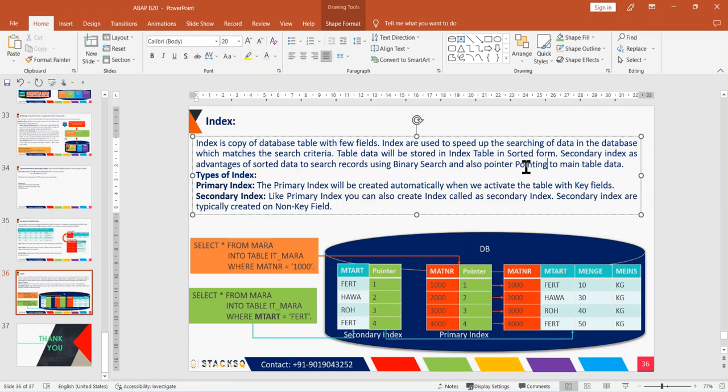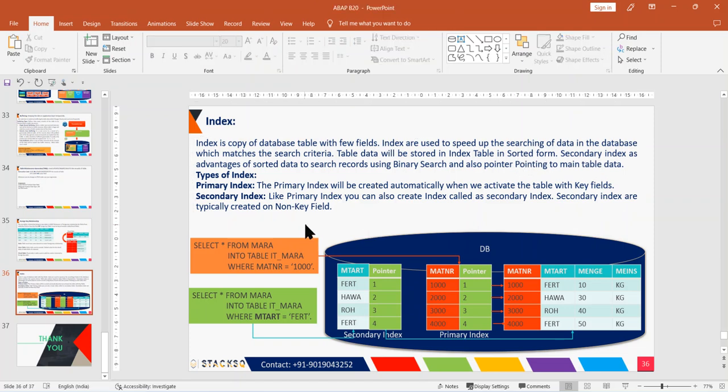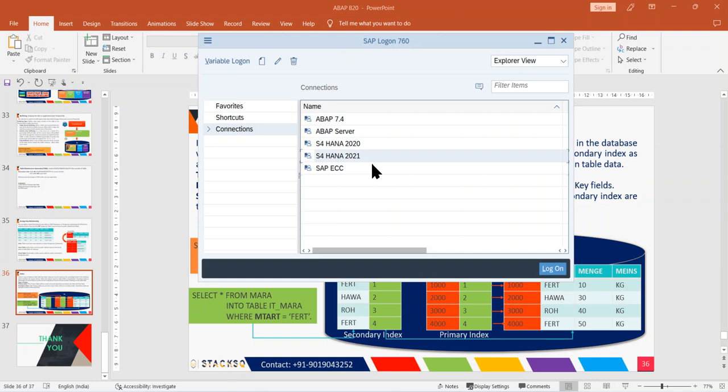Clear everyone? Everyone understood, guys, what is index and also what is secondary index? I guess it is clear. Let's log in. And one more thing, in